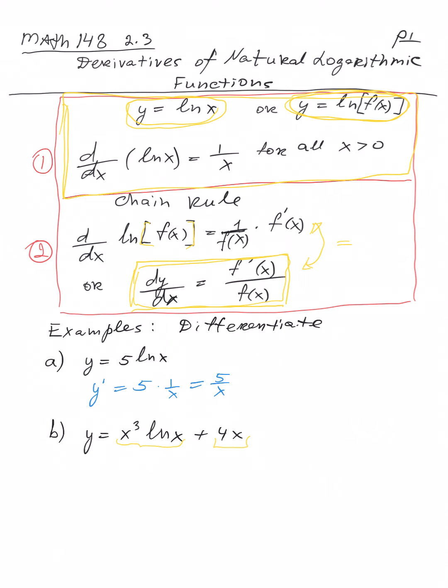So when I'm finding the derivative, I'm going to apply the product rule. It's the first item, x cubed, times the derivative of the second item, then plus ln of x times the derivative of the first factor,